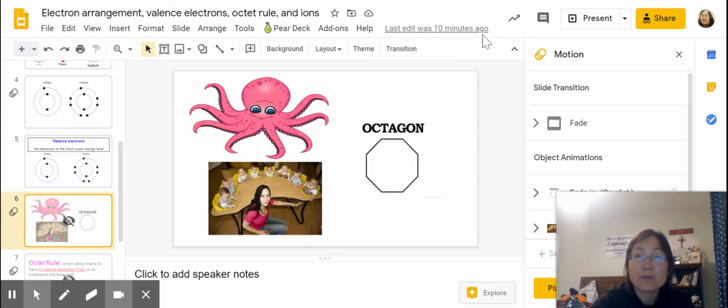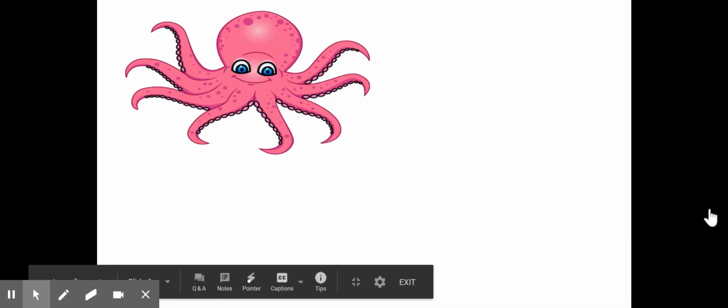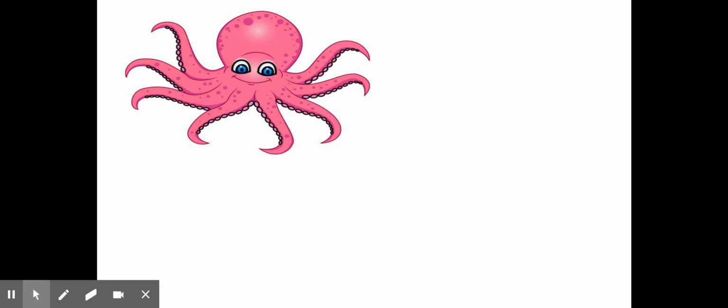Okay, so one more thing today is I'm going to introduce you a new word. This is the octopus. Octopus have 8 legs. We call it octopus. Okay, and in math,